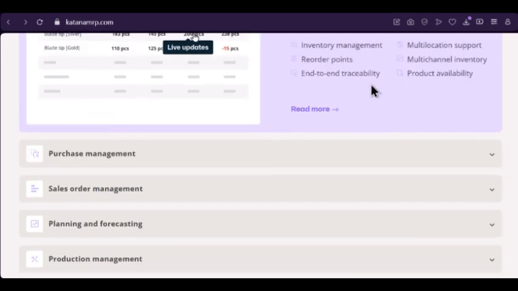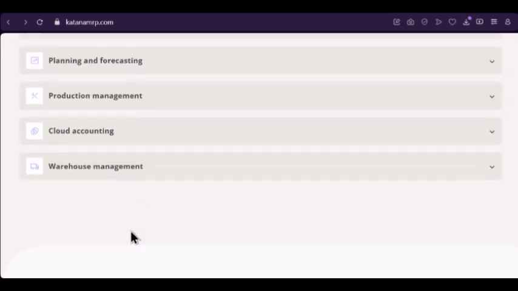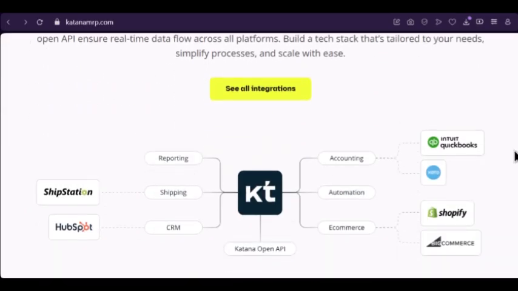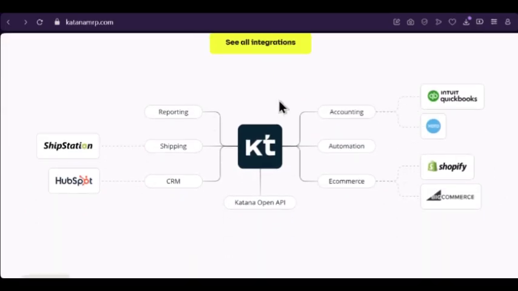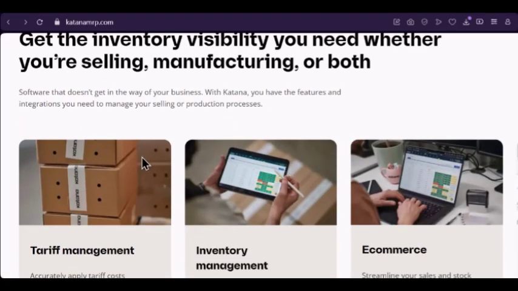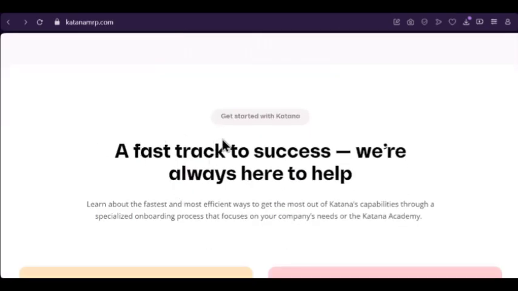I talked about inventory management earlier, so these are other things it does. I've mentioned them before. I also talked about integration, so it integrates with all of this. You can get the inventory visibility you need whether you are selling, manufacturing, or doing both. These are the industries I told you about earlier. So if you want the fast track to success,